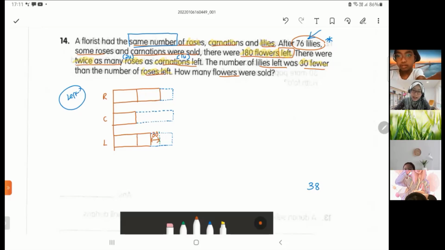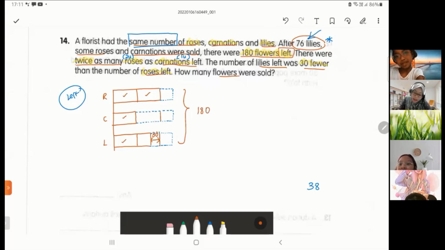Okay, can you see there are a few equal parts there? This one, this one, this one, this one. These are all equal parts, right? The rest are not equal parts. But I can make some more equal parts, right? This one is another equal part. And up till here is another equal part. And then my total is